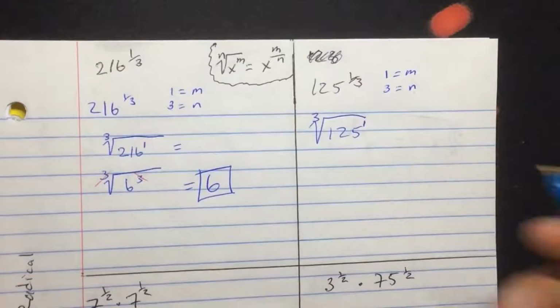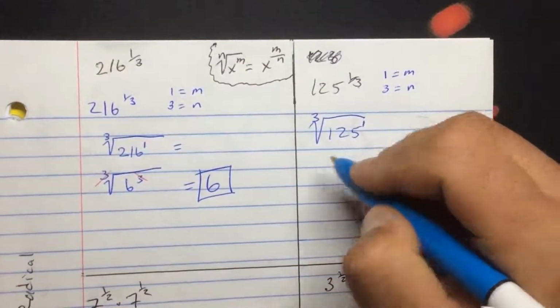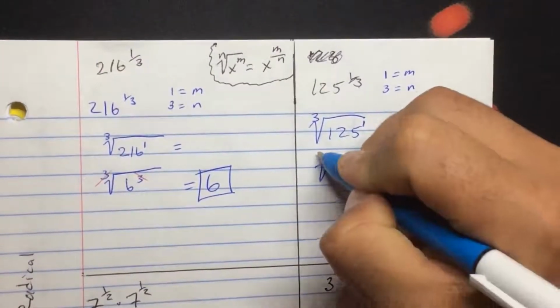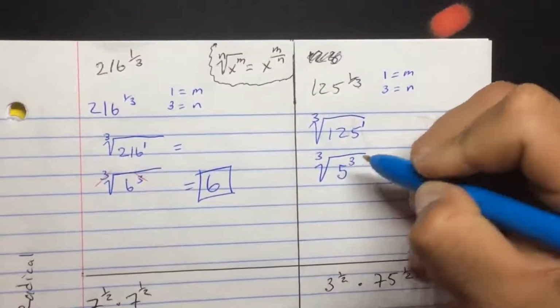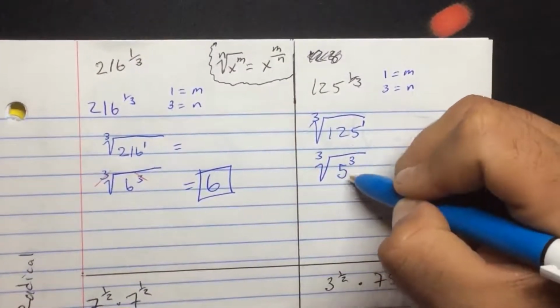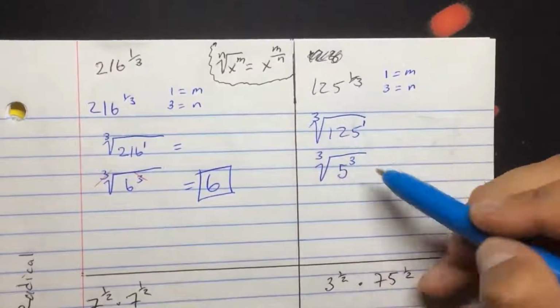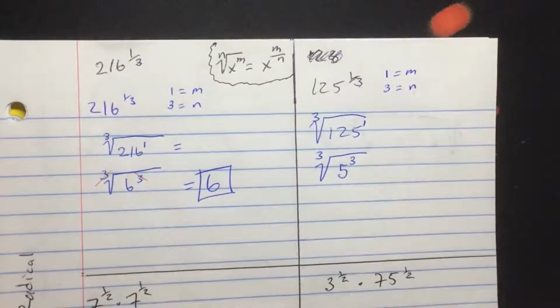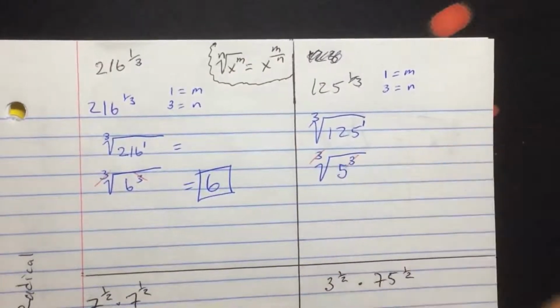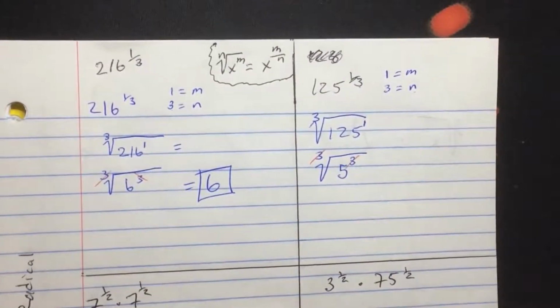Once again, all we have to do is rewrite this. I know 125 is actually 5 cubed, because of the cheat sheet I had from the previous section, because 5 times 5 is 25. And if you have 5 quarters, which is 25 cents, you have $1.25, which is what that is there. Once again, you can see we can simplify this here, and this ends up giving us our